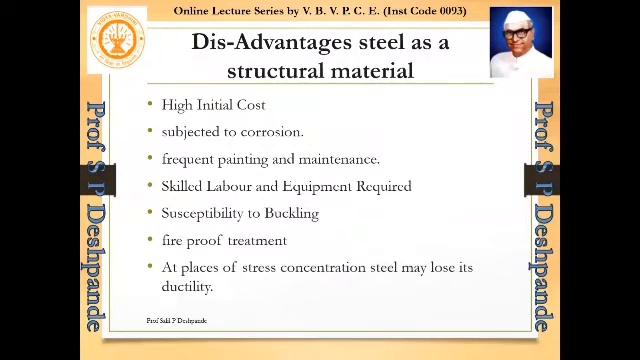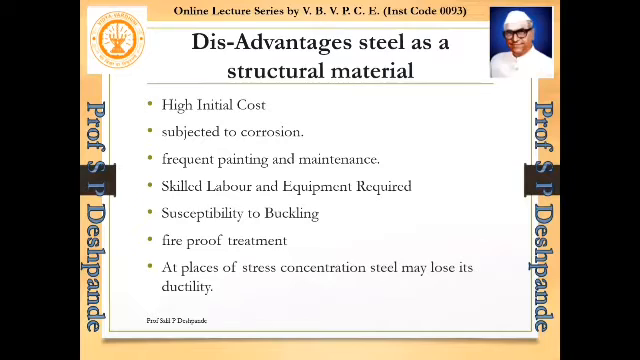So there has to be certain disadvantages. Okay, so what are the disadvantages? The main, very important disadvantage of steel is its initial cost. Okay, or rather I will say the total cost. It has a very high initial cost. As you know, steel is a very costly material,